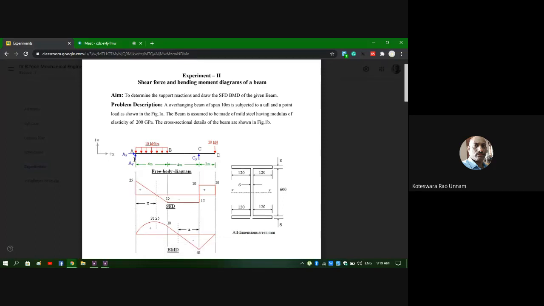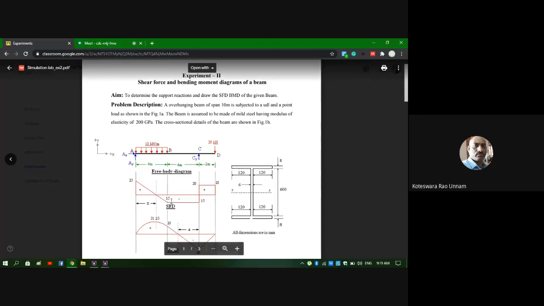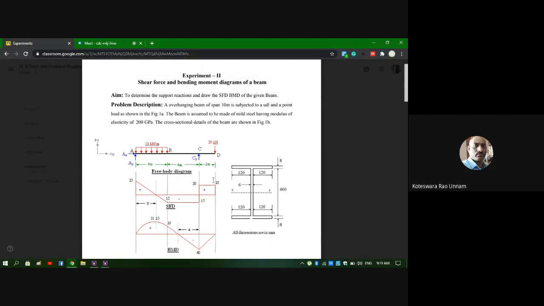You need to look at only, suppose I take location A, what is the magnitude of the shear force, that is 25. Similarly at point B it is 15, point C it is 15, point D it is 20. At point C, on the positive side it is 20, which means the total is 35. So first we need to look at these magnitudes, because the sign convention differs from person to person. First I look at the magnitude and then I look at the shape, whether it is varying linearly or whether it is constant. If those two match, then it's okay for me. Whether it is negative or positive, it doesn't matter.